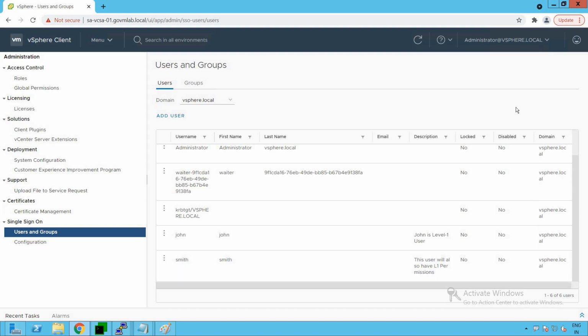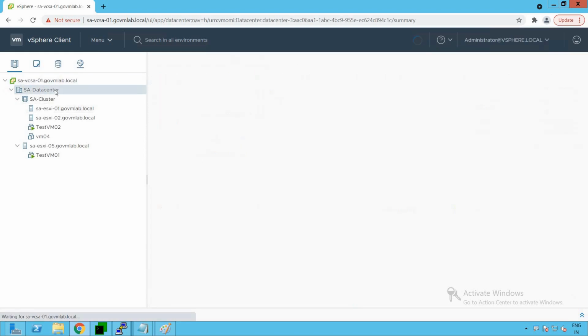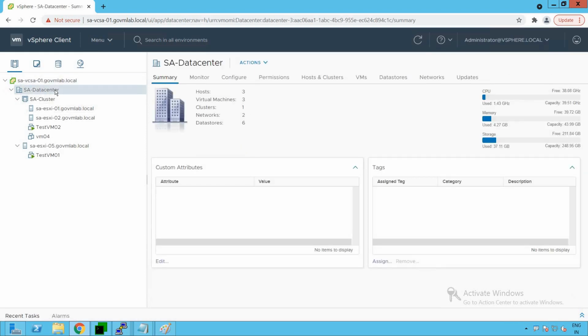Now let's assign permissions, or bind that role to this particular user. For binding that role to that particular user, if you remember, we need to define the object. Which object do I want to apply this role to? So click on hosts and clusters. And let's say that I would like to assign this particular role at the entire data center level. So I click on the data center as a vSphere object. Now we can define these permissions at every vSphere object level. So let me show you that.